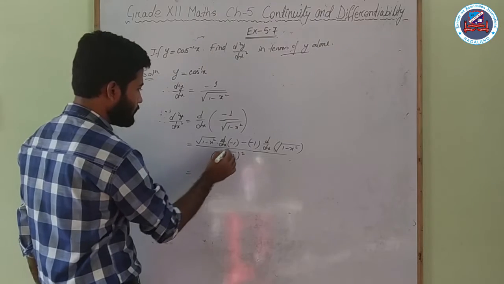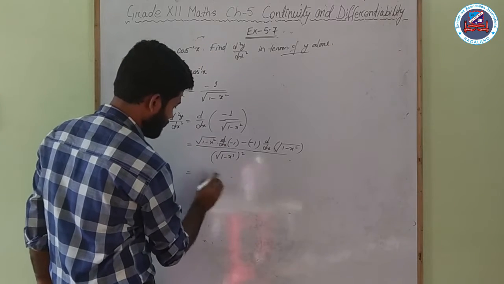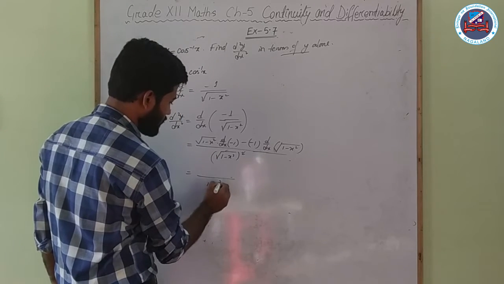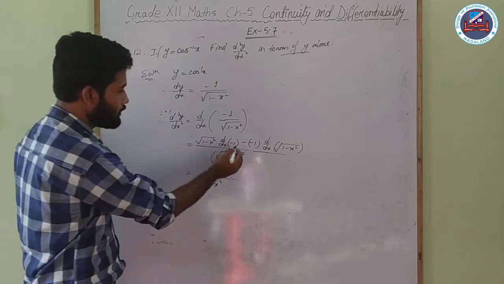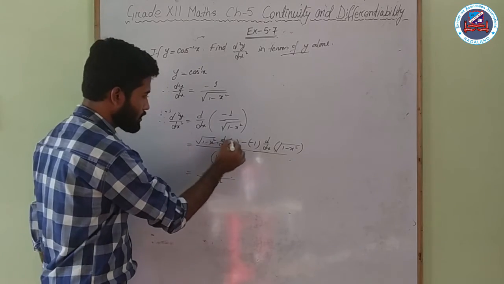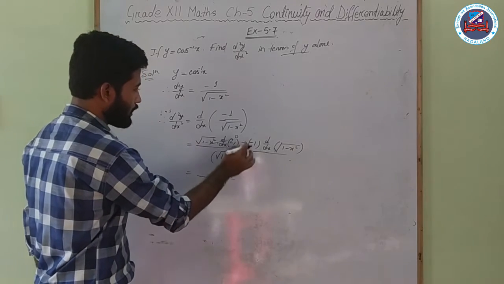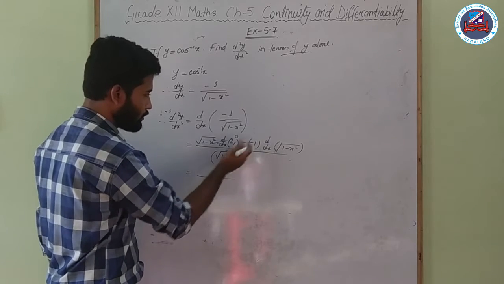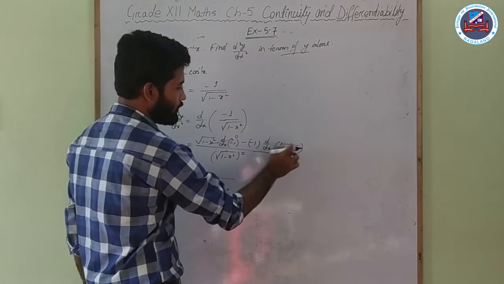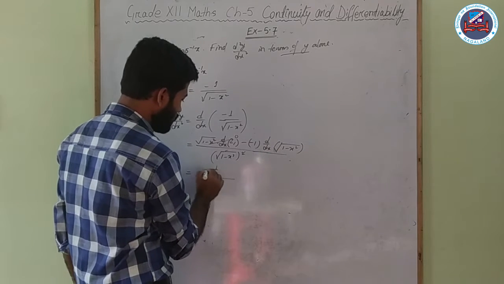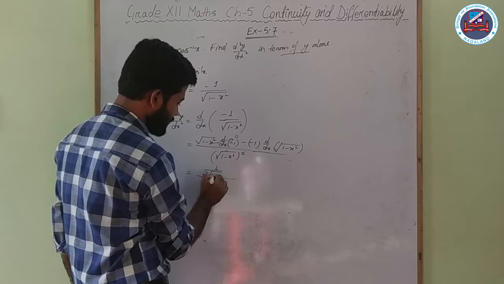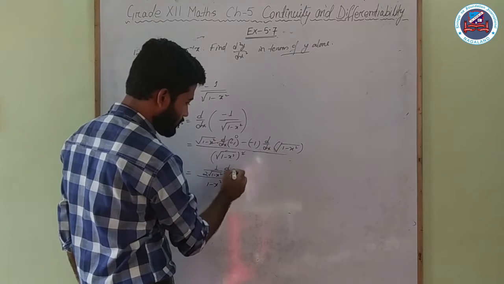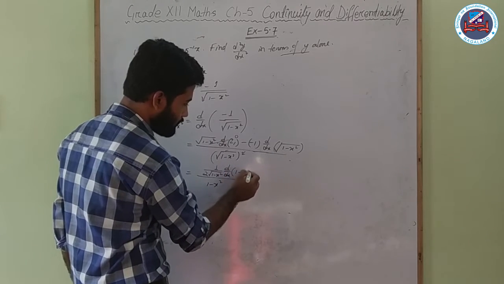Now that is equal to, here I can see that I can cancel out the square and the root, so it will be 1 minus x square in the denominator, and in the numerator, this minus 1 is a constant, isn't it? So this whole term will be 0. So no need to write this, and here negative will be positive, so this will omit, that means I don't need to write the 1 here. And what about this term, d/dx of root x? So it will be 1 by 2 root x. x means 1 minus x square. But is it the x inside? No, it is not the x, isn't it? So I need to differentiate it again.